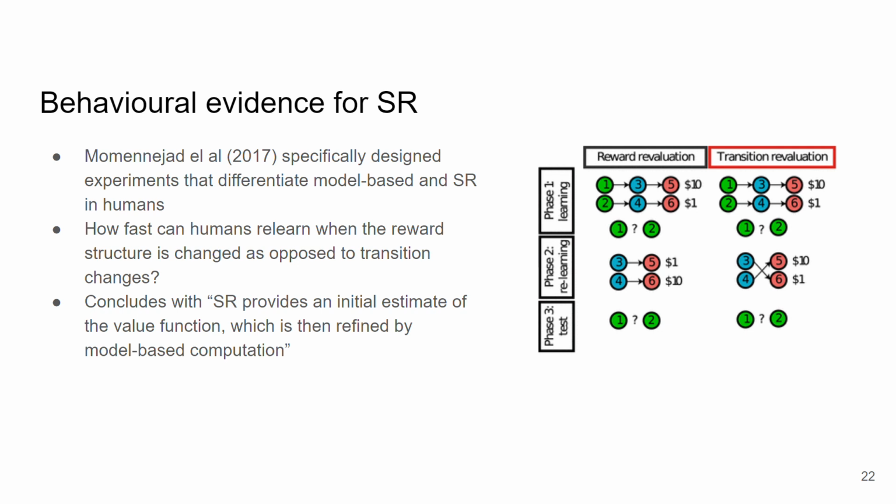So one way to test it out is to have an environment where you change the reward a bit, see how the learning progresses, then change the model dynamics a bit, and see how the learning happens. If both of them are fast, it suggests model-based. If reward is fast and model changes are slow, then it suggests successor representation. Yeah. If you just change the reward, will successor representation be faster than model-based? It would be equal.